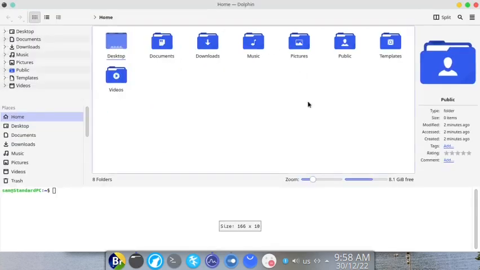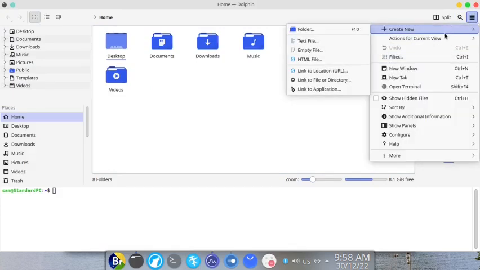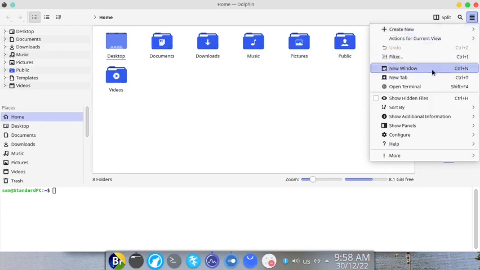Let us make it full screen. So this is how it looks. So you got some actions: create new folder, text file, empty file, HTML file, actions for the current view. So this is the current view. You can open a new window, new tab. We can open a terminal directly here. You can choose to